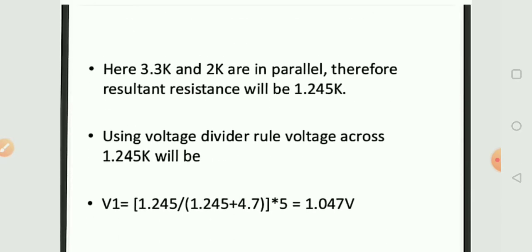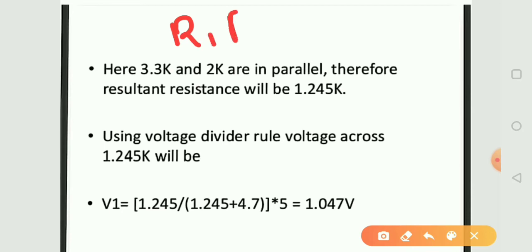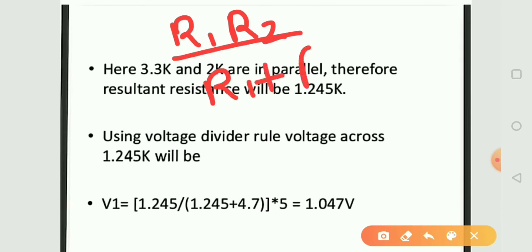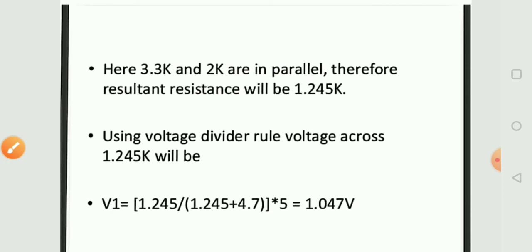We know that in parallel, if there are two resistances R1 and R2, the formula is R1 into R2 upon R1 plus R2. So by this we calculate the total resistance across this, which is 1.245 kilo ohm. Using the voltage divider rule, the voltage across 1.245 will be